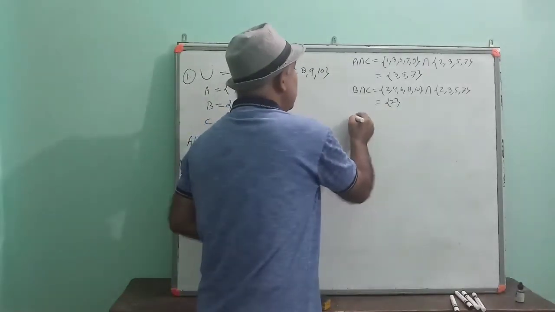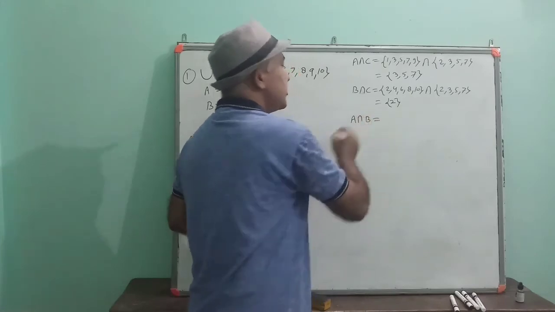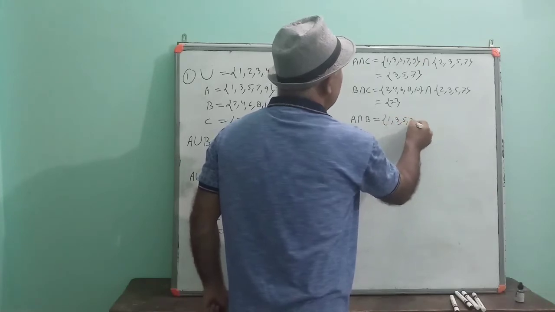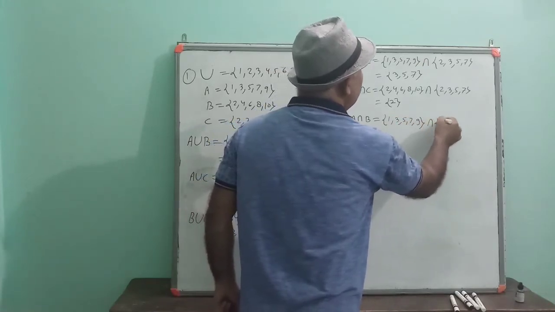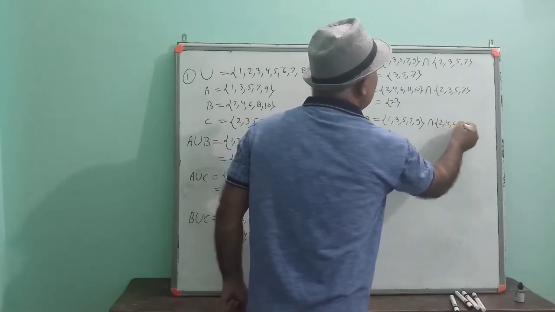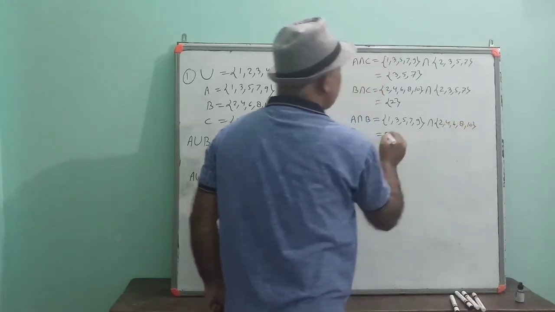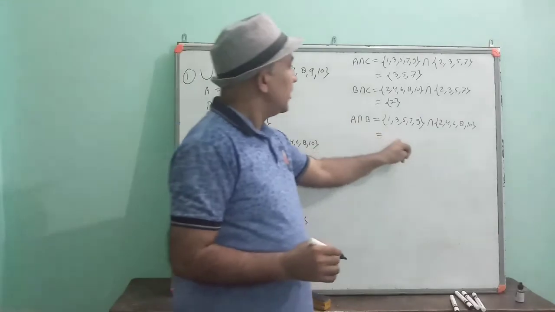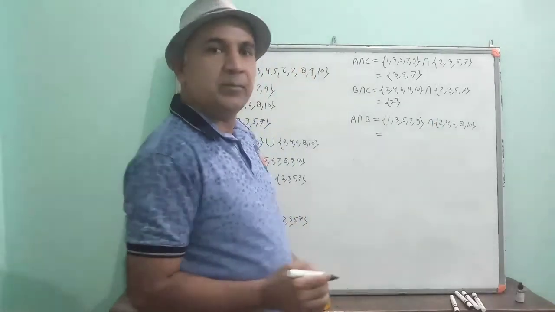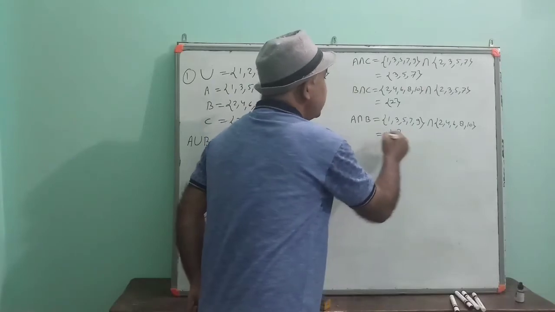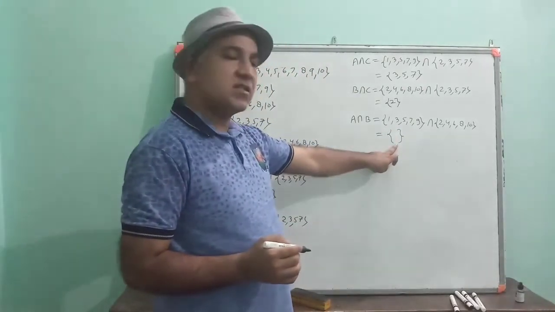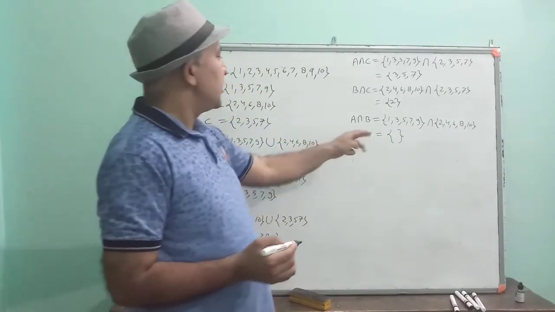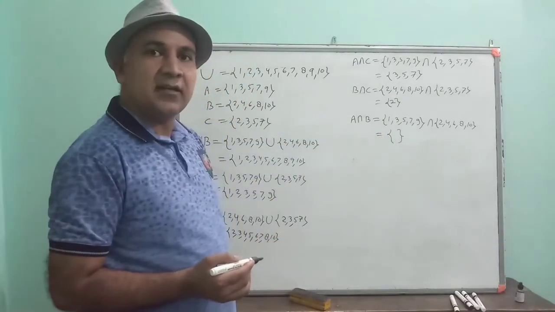Okay. Now see one more. Suppose you want to find A intersection B. So what will you do? First write down all the elements of A: 1, 3, 5, 7, 9. Intersection. Elements of B: 2, 4, 6, 8 and 10. A intersection B means common elements of A and B. You can see that nothing is common in A and B. That means this will be an empty set. An empty set is denoted by empty brackets or phi, we can use either symbol. So A intersection B is an empty set.